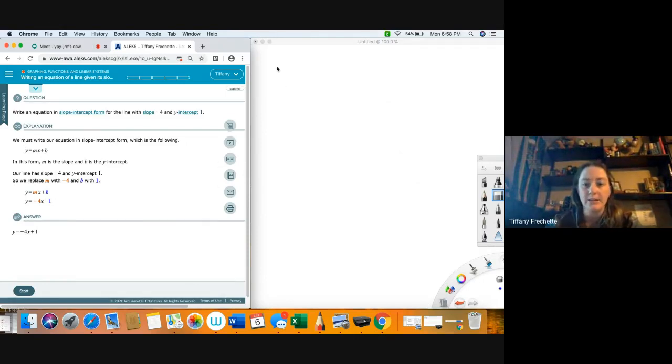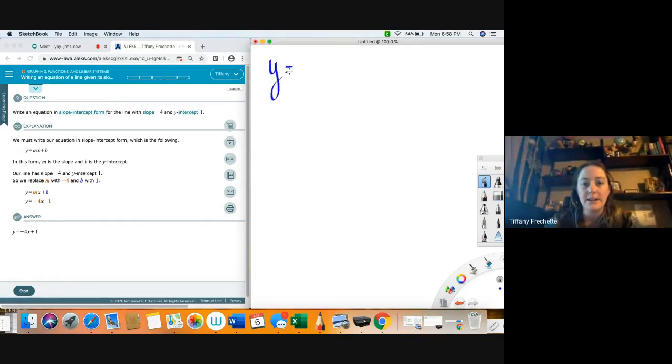So I have y equals, and I'm going to leave a little space here because I want to change colors. So I have mx plus, we'll go green for b, that bright green for b. So you have y equals mx plus b. This is slope-intercept. So the b is your